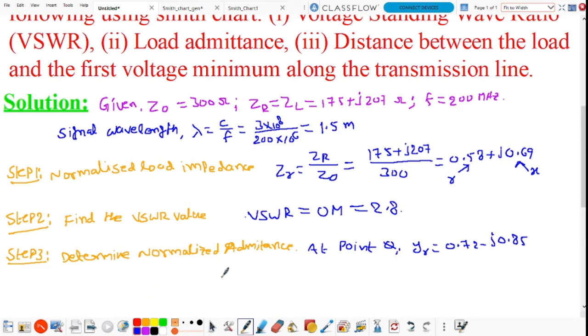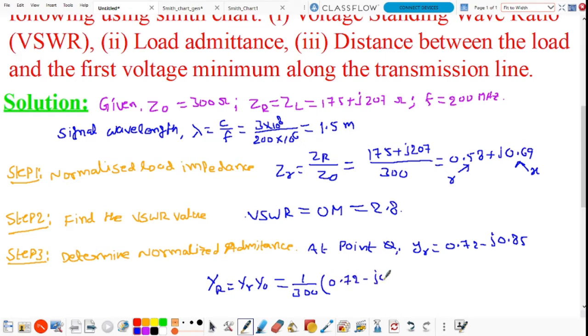So we know that the normalized admittance is equal to the load admittance divided by the characteristic admittance. So the load admittance is equal to the characteristic admittance into the normalized load admittance. Therefore, the load admittance Y_R is equal to y_r into Y0, the characteristic admittance. Now here, what is the characteristic impedance? Z0 is equal to 300 ohms. Admittance is the reciprocal of the impedance. So Y0 is equal to 1 by Z0, that is 1 divided by 300 ohms, into the normalized load admittance, which from the figure, from the Smith chart,